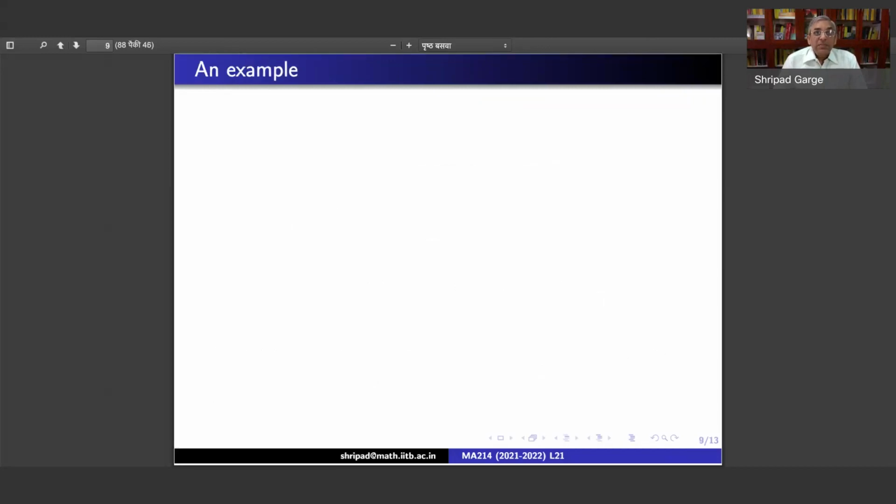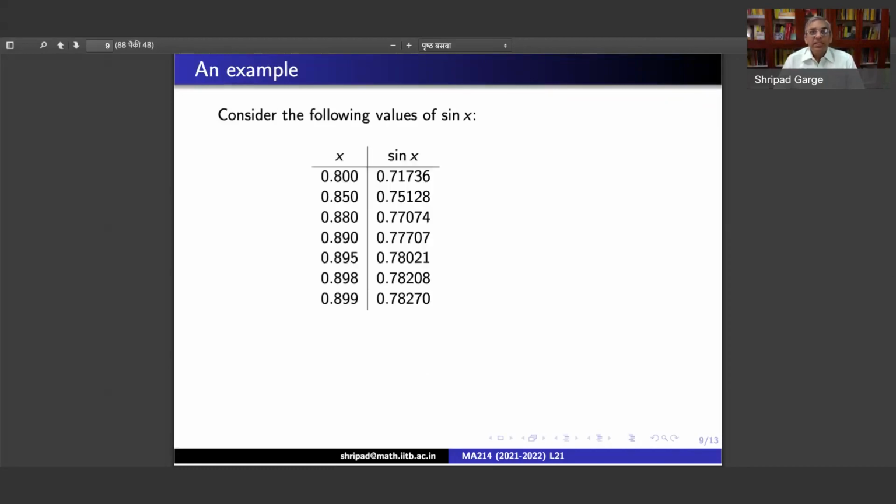So let's do this by an example. Suppose we consider these values of the sine function. We consider these values for 0.8 to 0.899. And you see that the distances from these nodes from 0.9 are decreasing, and then we take the other side